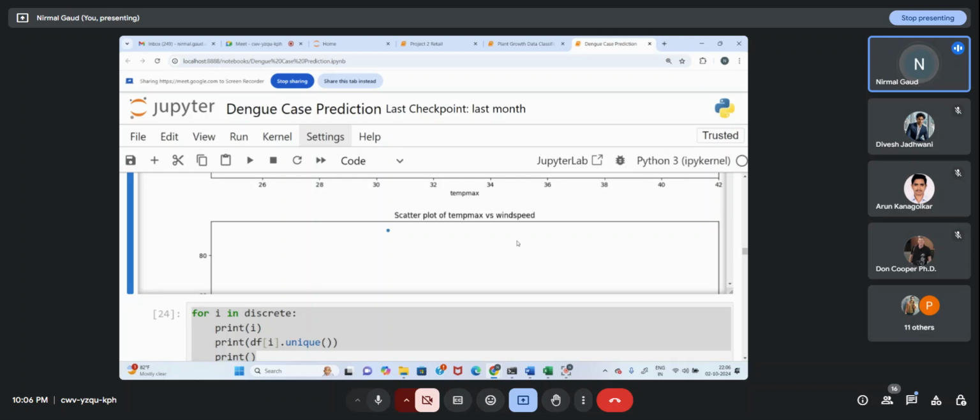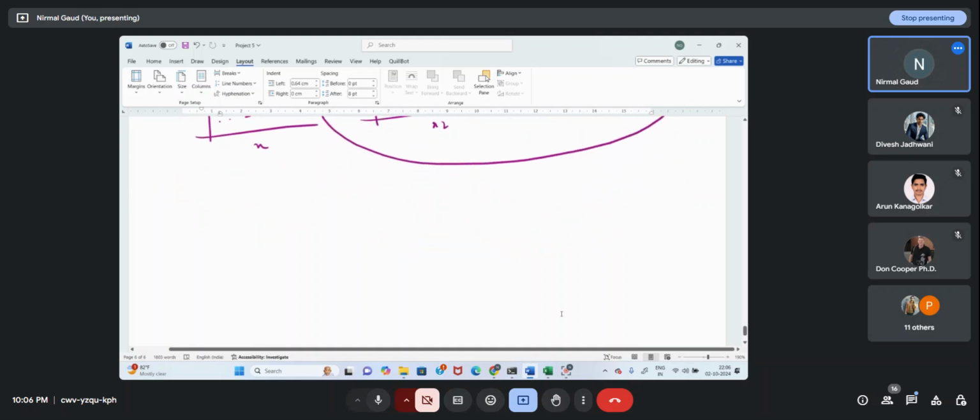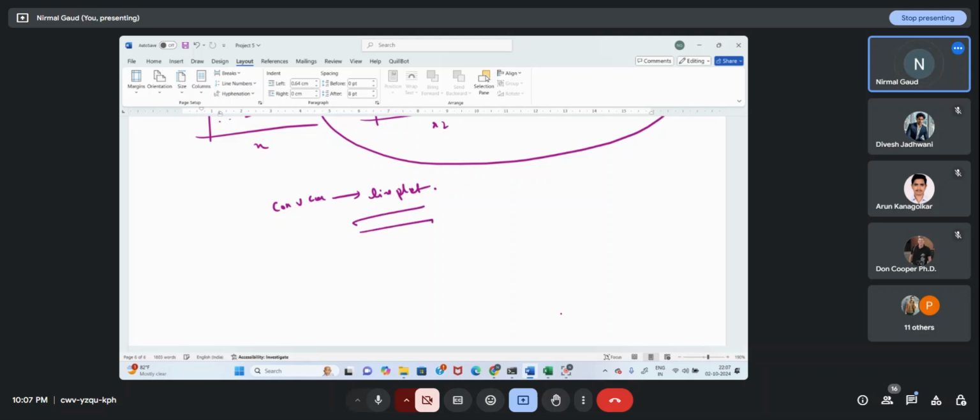And if you want the numerical interpretation of this, obviously we are having the correlation matrix, corr. We can find the numerical value for it. Anyways, I made the scatter plot, and you have one more option. You can make line plot also. Continuous versus continuous, you can make line plot also. Scatter plot I made, that is easy. Line plot, it will take more time for building. You can make this thing also.